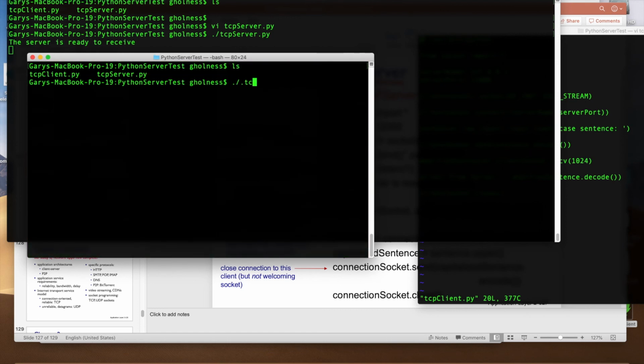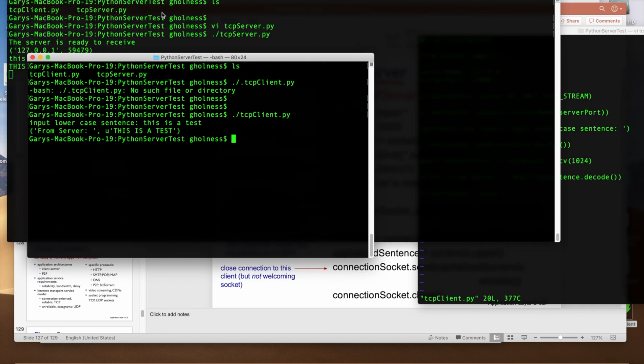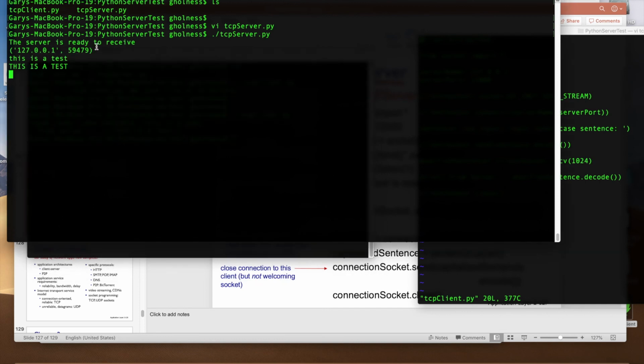All right, TCP client.py. So I run the client. This is test. I hit enter, and that's my response back from the server. If you look at the server, ready to serve, it got the incoming request, and this is what it started with, and this is what it returned back to the client.